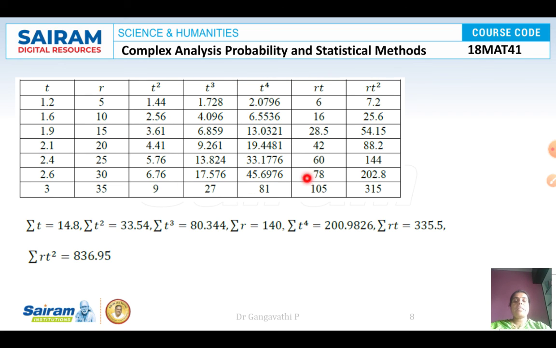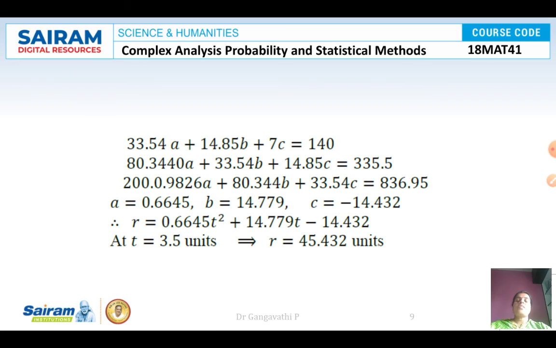So we'll complete the table, and then the sum of all the values of t is 14.8, the sum of all the values of t square is 33.5, the sum of all values of t cube is 80.344, the sum of all values of R is 140, the sum of all values of t to the power of 4 is this, and the sum of all values of R into t is this, and the sum of all values of R into t square is 836.95. So substitute these values in the normal equations, the three normal equations, and on solving them